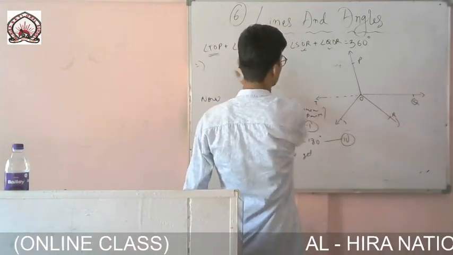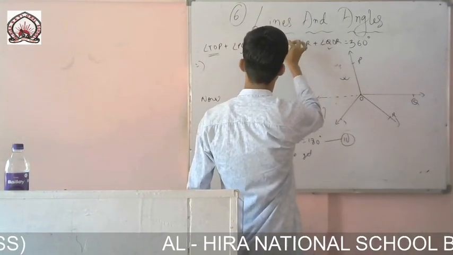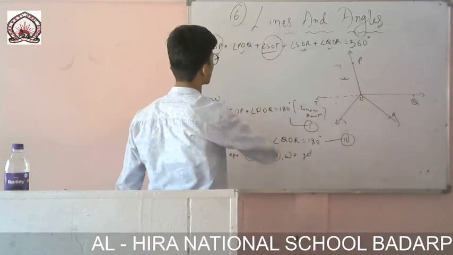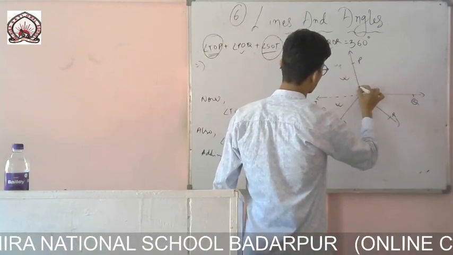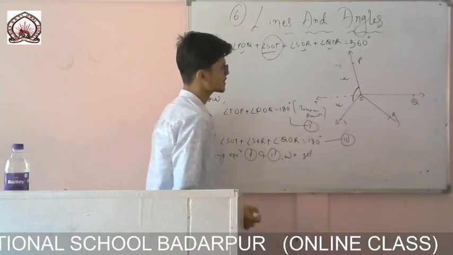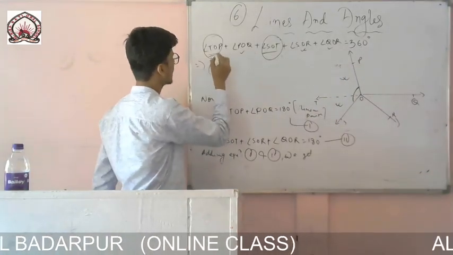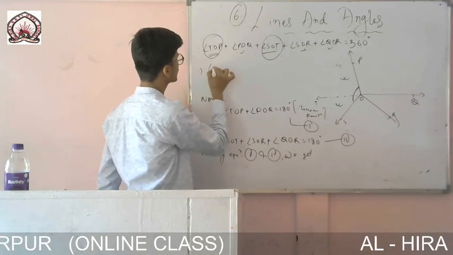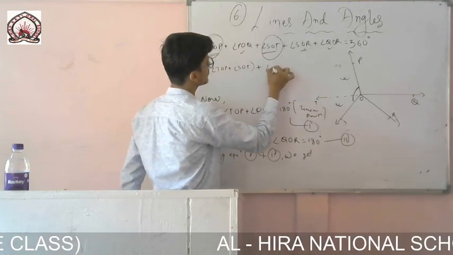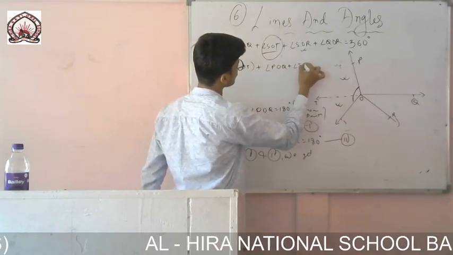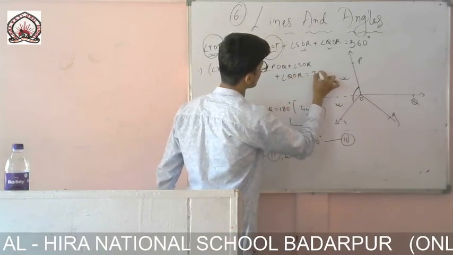And you see here, TOP, this angle, plus SOT, these two angles are extra here. So TOP plus SOT, the sum of these two angles, is equal to this whole angle. And what do we call this angle? It is POS. So I can write like this. Let me write them in a bracket first, then I can arrange it. Angle TOP plus angle SOT, let me take them together. Other things are there in your proof. Angle SOR plus angle QOR is equal to 360 degrees.